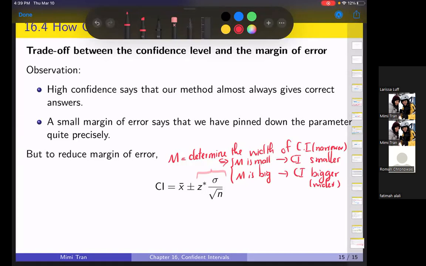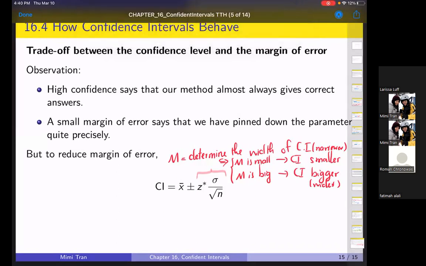So what do I put in here? There are two ways you can do this. If you want a small confidence interval, you better have a small margin of error. But if you have a small margin of error, what has to be compromised? Z star, right? Z star has to be smaller. So if Z star is smaller, if you have a lower confidence level, then the method does not give you the good answer that you want, right? So small CIs